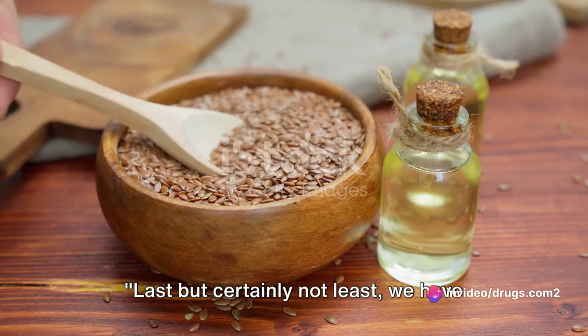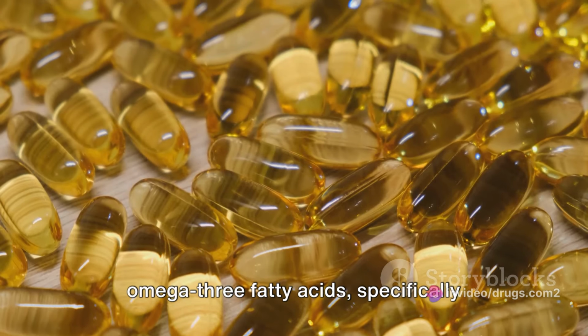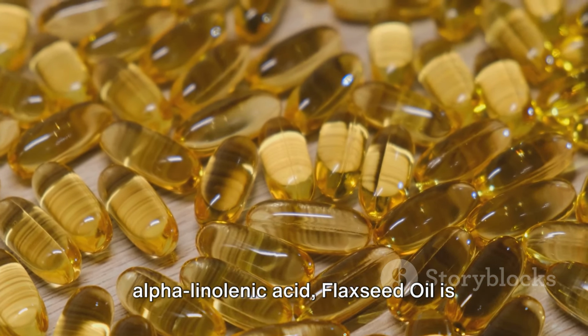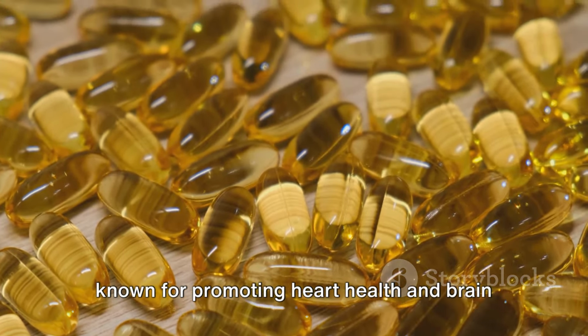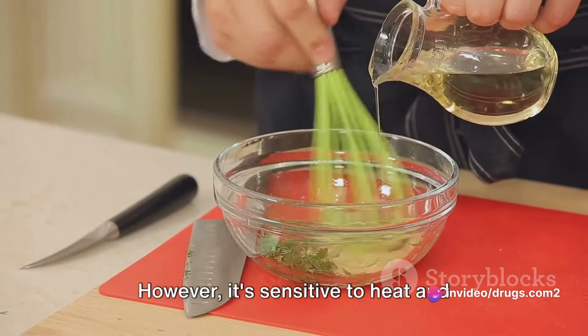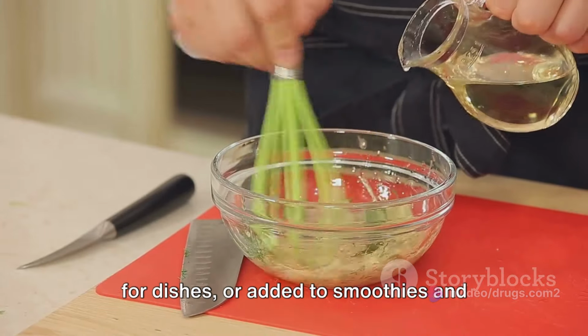Last, but certainly not least, we have flaxseed oil. An excellent source of essential omega-3 fatty acids, specifically alpha-linolenic acid, flaxseed oil is known for promoting heart health and brain function and reducing inflammation. However, it's sensitive to heat and light, hence best used as a finishing oil for dishes or added to smoothies